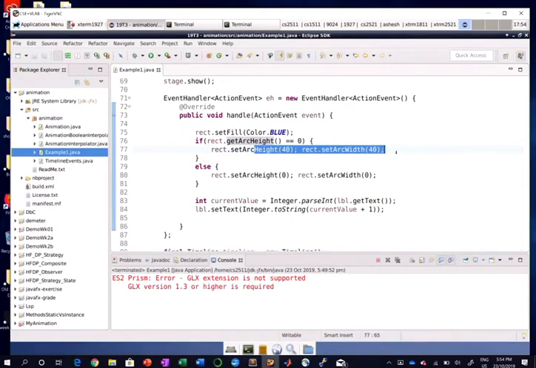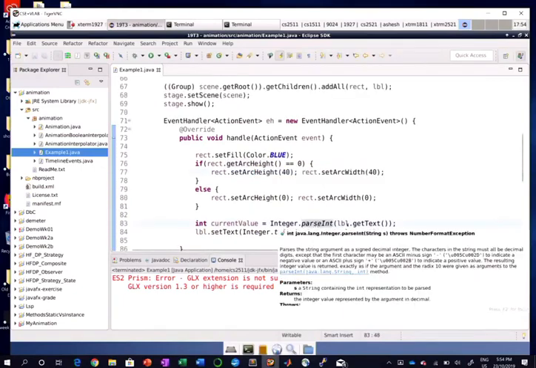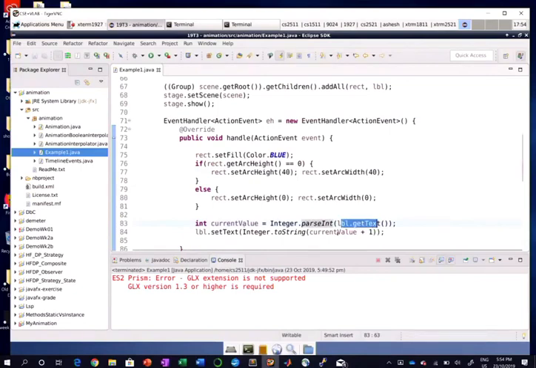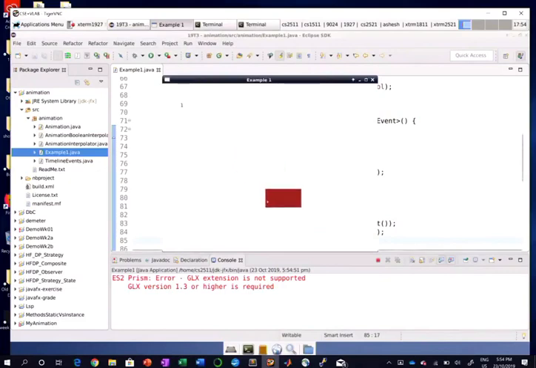Now, of course, you need to know JavaFX API. You don't need to bother about it, but all I'm doing, I'm changing something. Okay, and then I say if not, make it 0. So it becomes corner shape and rectangle, and then the curve and the rectangle curve. That's all. I just want to create that image. And then I say simply go and find out the text in that label and add 1 to it and display it again. So that number is increasing. So 3 things are happening. So when I run this application, you see it becomes blue, then there's a shape, then becomes a rectangle again. And then, and this